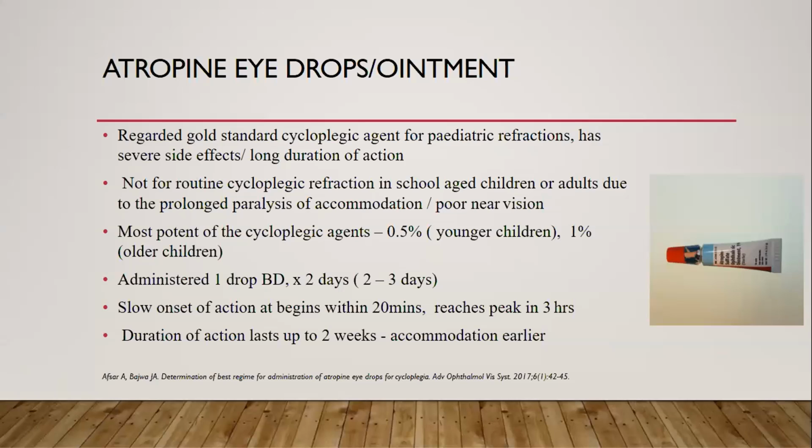It's one of the most potent cycloplegic agents. For young children, we ought to use 0.5%, which I don't think we have locally in our market, and 1% in the older age group. For administration, we use 1 drop twice a day for 2 days. Although there are studies done which show that even if it's used once a day, it can give